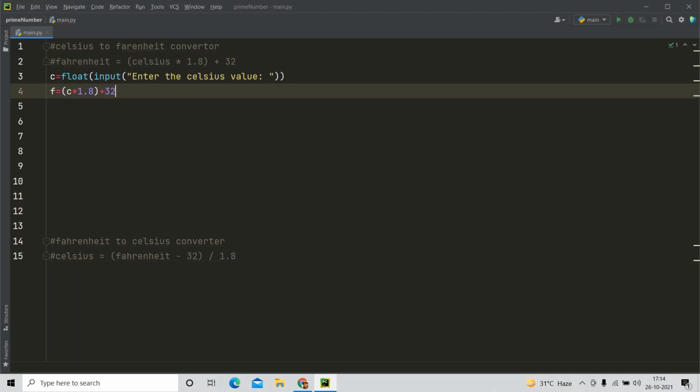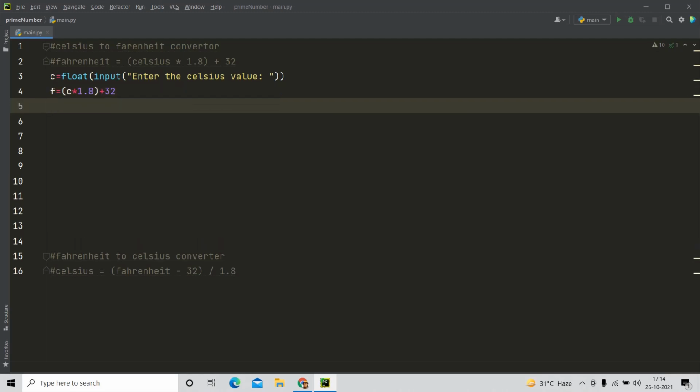This will give us the Fahrenheit value for the given Celsius and we can just print it. Yes, and I am printing F.